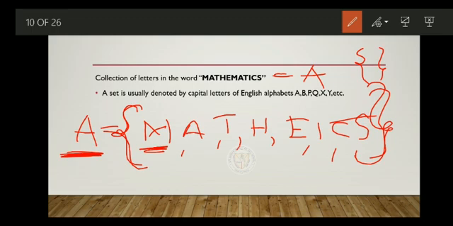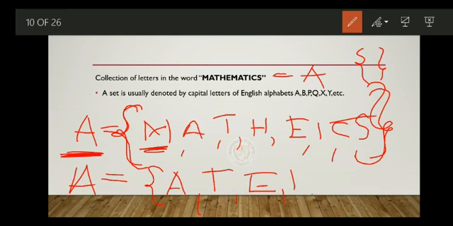So this set can also be written as A, T, E, I, M, H, C, S. Here I have changed the order of the elements. We can write the elements in any order. The order of writing the elements does not matter.